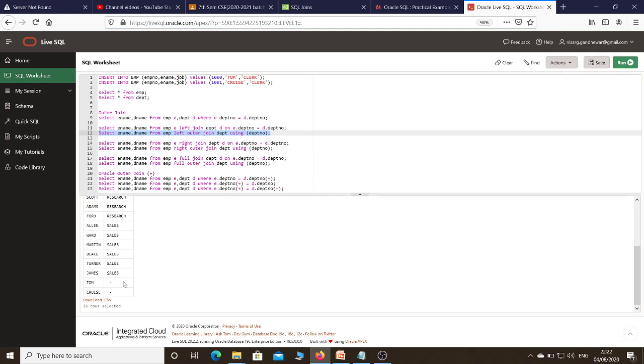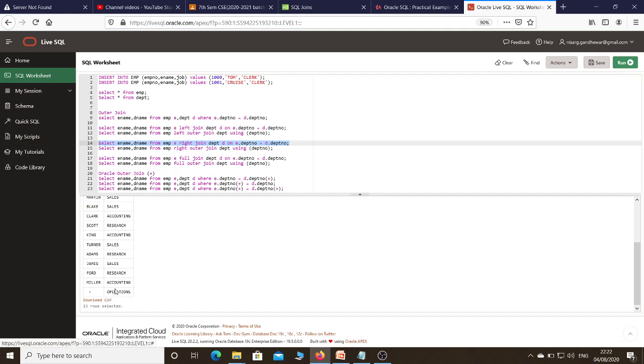Now what is the use of right outer join? Right outer join means what? Just first of all execute, then I will show what is the use of this. Okay, now I have executed this query for right outer join. So what is your observation?